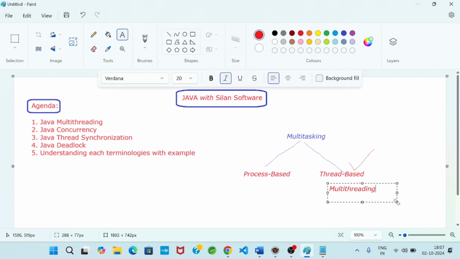Suppose I am downloading a file. At the same time, I am writing a program. At the same time, I am listening to music. Writing a program is a task. It is a job. Listening to music is also a task. So when I am writing a Java program, a Java related process is going on.